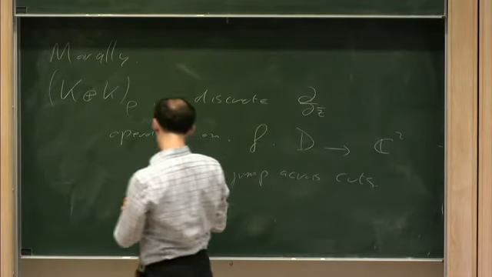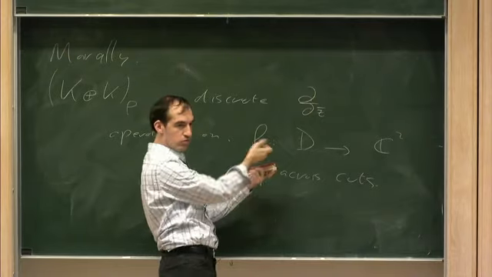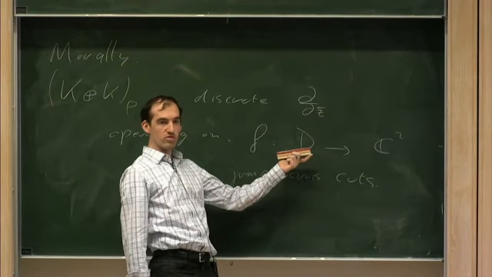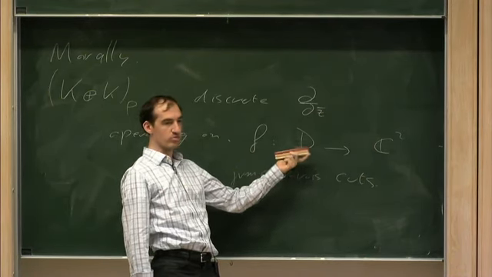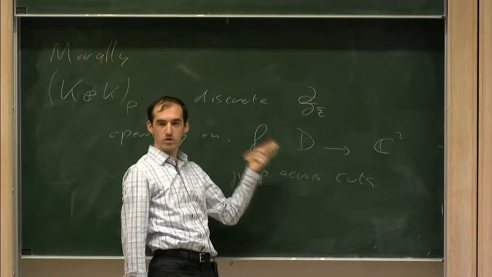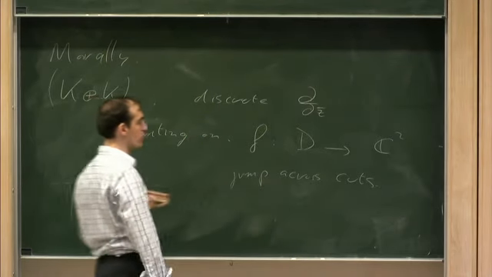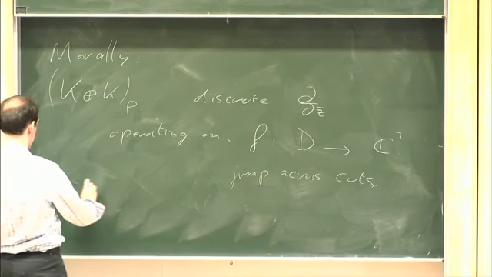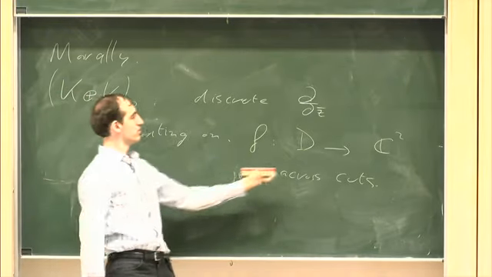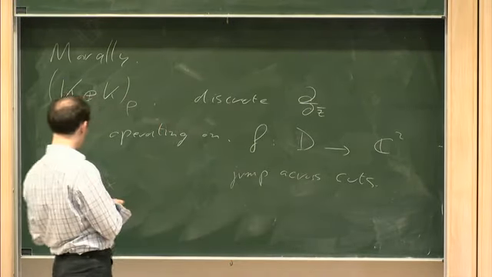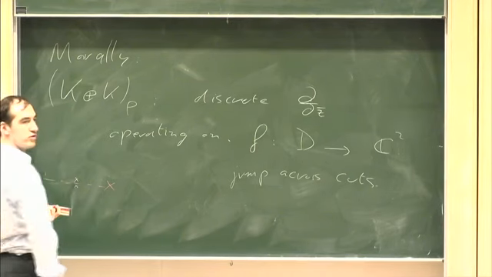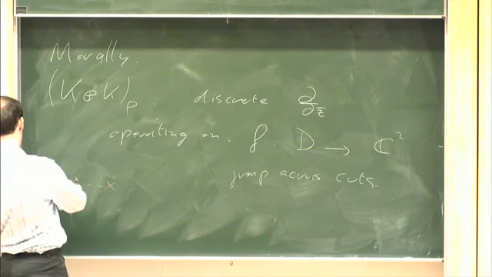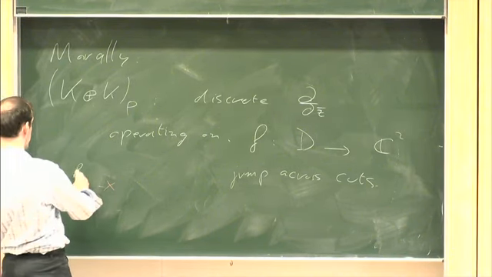the following. So in the continuum, there's a well-defined operator where you just look at nice functions from D to C squared, let's say some subspace of functions from D to C squared, and then you take d over dz bar, component by component. So that's a reasonable operator. And then now you're going to modify this picture by saying that instead of looking at nice functions from D to C squared, you're going to look at functions that have jump discontinuities across branch cuts. So if this branch cut corresponds to the matrix A,